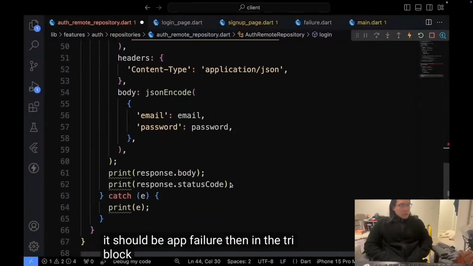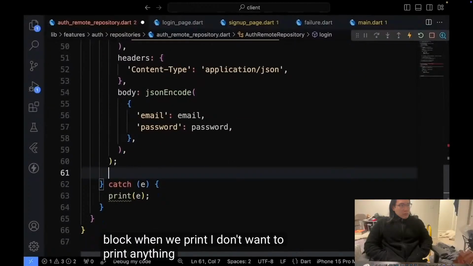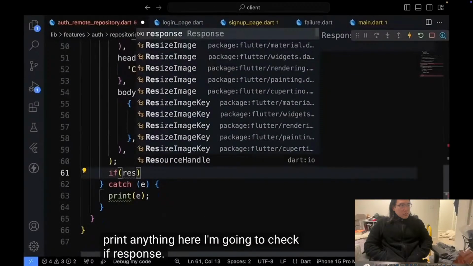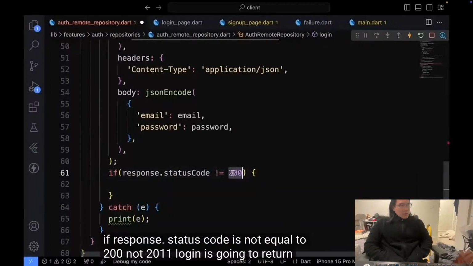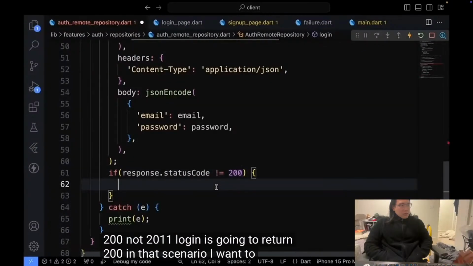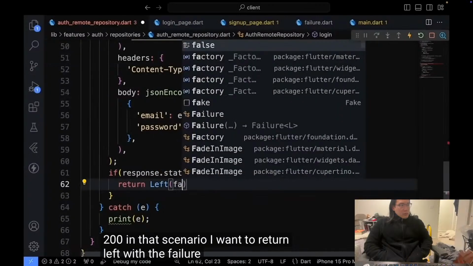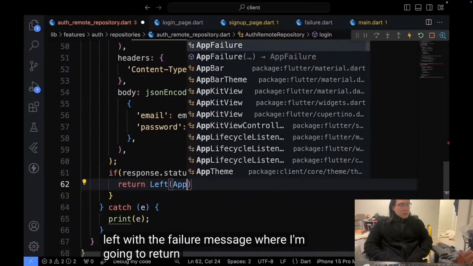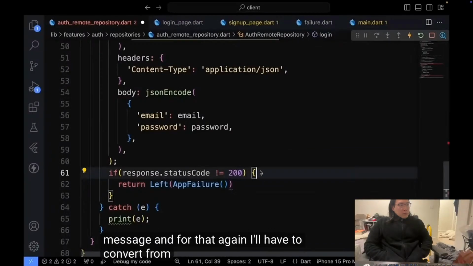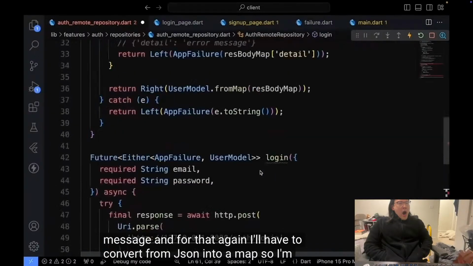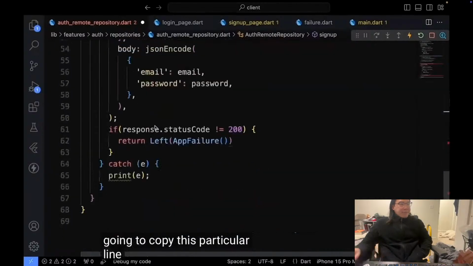Then in the try block, when we print, I don't want to print anything. Here, I'm going to check if response.status code is not equal to 200, not 201. Login is going to return 200. In that scenario, I want to return left with the failure message, where I'm going to return app failure with the message. And for that, again, I'll have to convert from JSON into a map. So I'm just going to copy this particular line, paste it down,